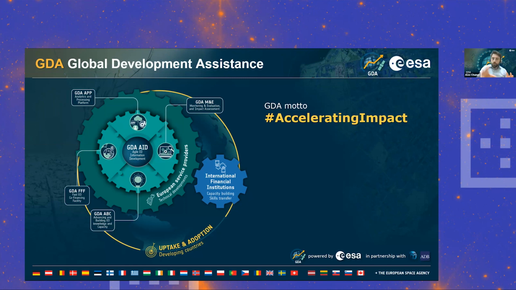And then the blue wheel, basically the international financial institution, comes in with funding to cover the capacity building activities, the skills transfer activities that will allow to transfer those tools and those services, this data, and ensure the adoption of those tools and those technologies by the beneficiary countries. So it's really a complementary approach where ESA covers the technological part and the development bank, international financial institution, covers